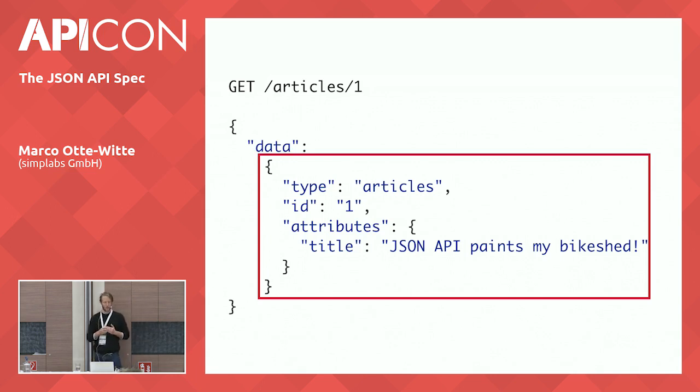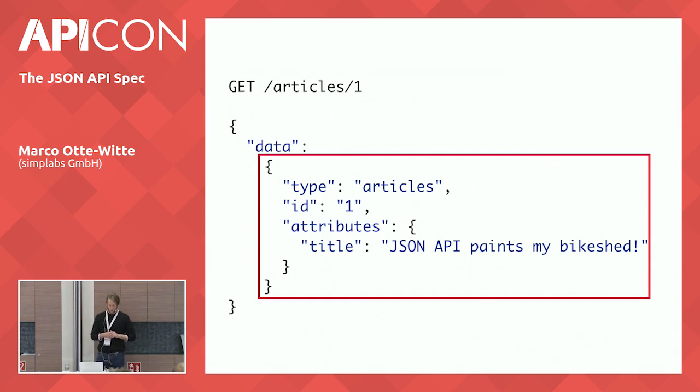So first of all, you see there's a type and an ID, and those are the required fields for a resource object. Because they are needed and also sufficient to uniquely identify an object, right? Like if you know the type and the ID, you can request it again. You can map two resources you might be getting from the server to the same thing in your client app.